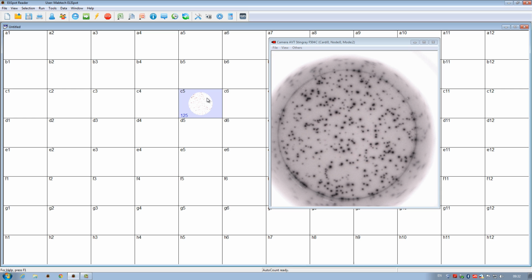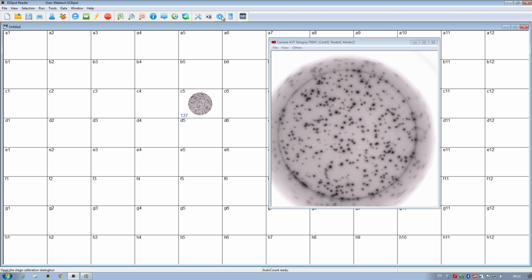Let's see what these adjustments in camera settings have done to the number of spots detected. I again right-click on the selected C5 well and select Read and Count. Before it was 125 spots, now the machine is able to count 137 spots. In addition, we are now able to see the circular well within the C5 box from the default plate view, a good indication that contrast settings are now appropriate. Next, we turn to adjusting the focus and stage calibration.